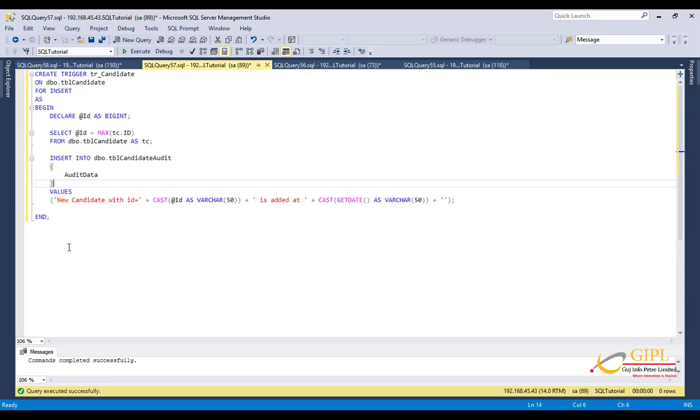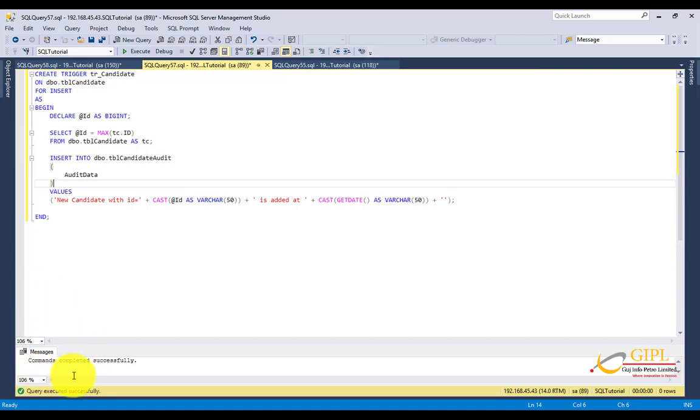And then we are saying new candidate with ID added at. So to this static text, again we have to concatenate the current date and time. That's it. So let's create this.